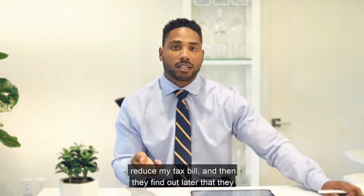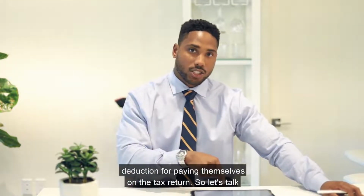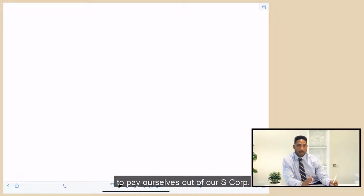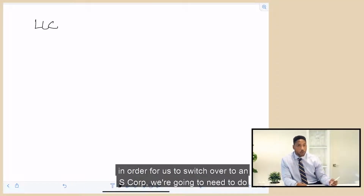And then they find out later that they should have switched over to an S-Corp in order to receive this deduction for paying themselves on the tax return. So let's talk a little bit more about how an LLC can switch over to an S-Corp to pay ourselves out of our S-Corporation. If we're an LLC, in order for us to switch over to an S-Corp, we're gonna